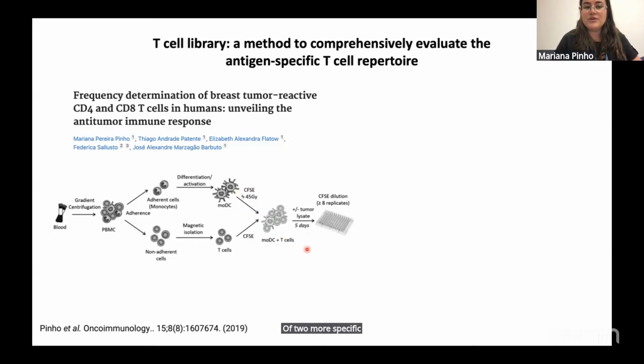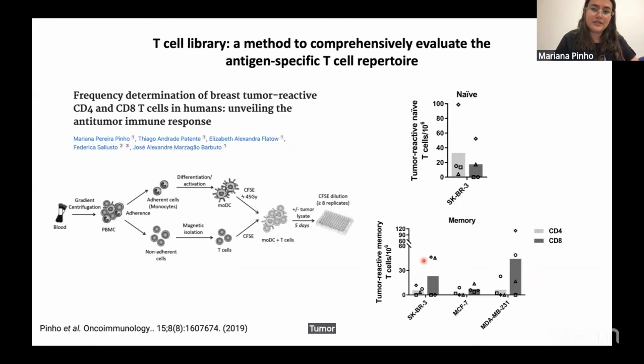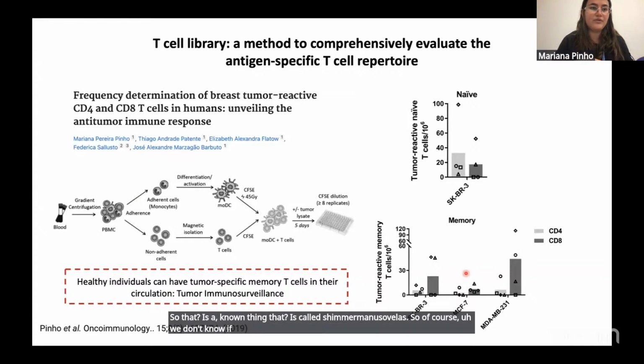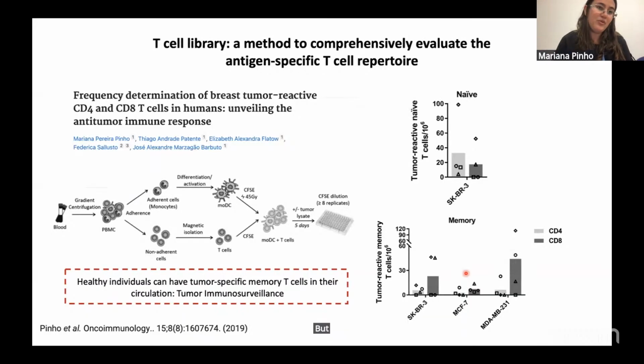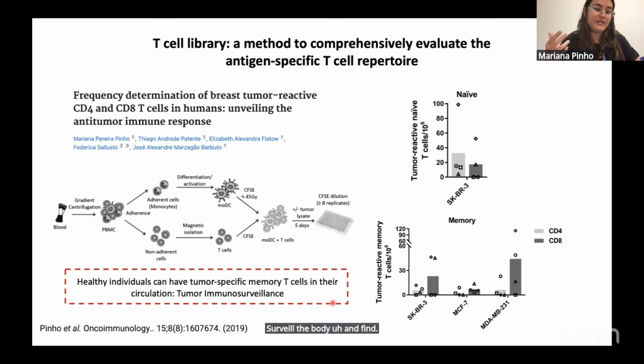When we did the same thing in healthy volunteers, it's quite interesting that, of course, we do find tumor-reactive T cells in the naive compartment, but we can also find tumor-reactive T cells in the memory compartment in some healthy donors. That is a known phenomenon called tumor immunosurveillance. Of course, we don't know if these cells are cross-reactive to an antigen that is expressed on the tumor cell, but they are in the memory compartment, so they can potentially surveil the body and find cancer cells before